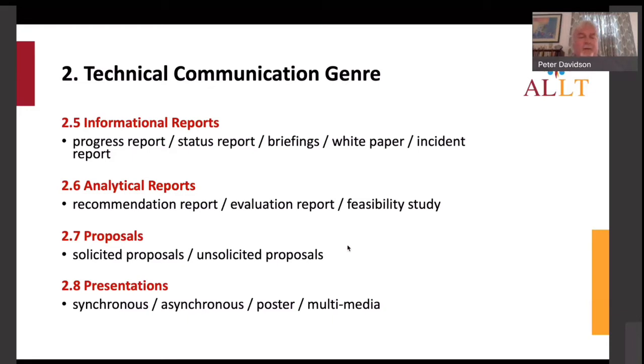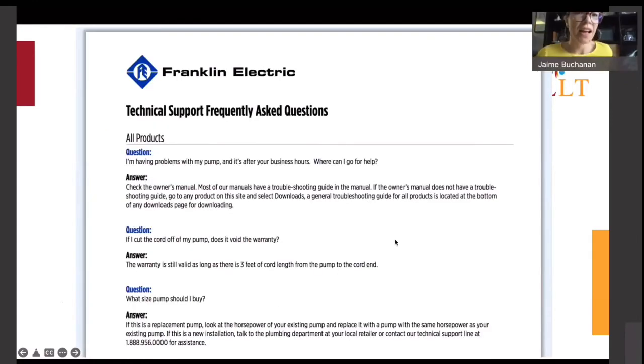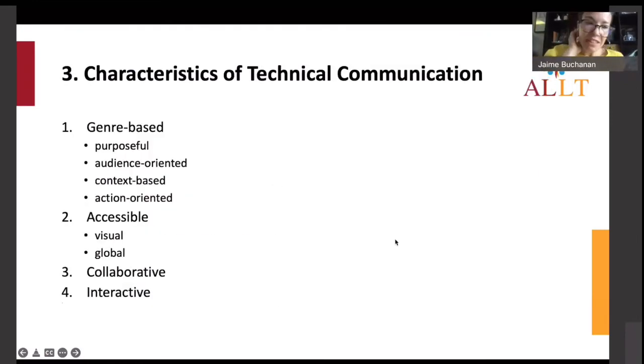And now I'm going to pass it over to Jaime, who's going to highlight that in further detail. Okay, thank you, Peter. Okay, so now I'm going to discuss some of the characteristics that we see in technical